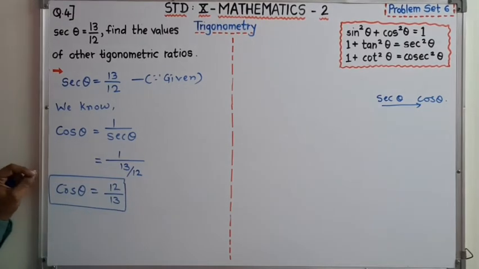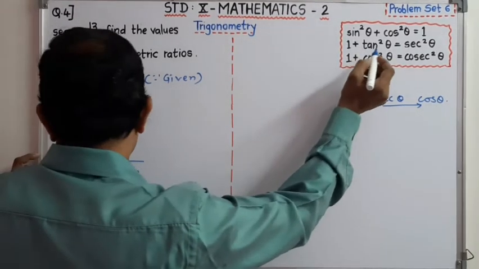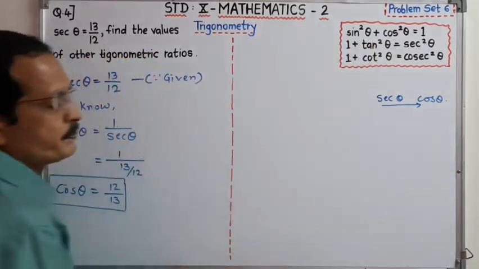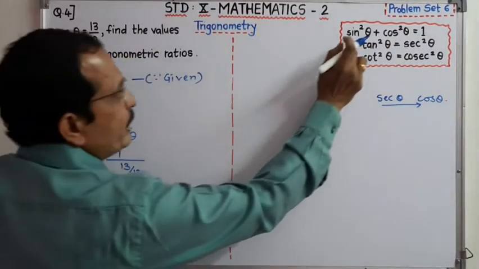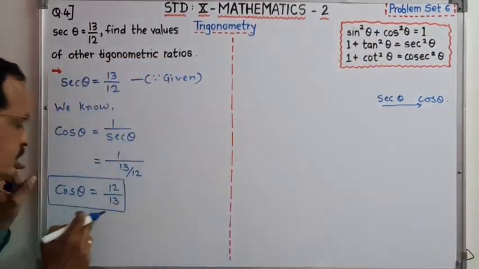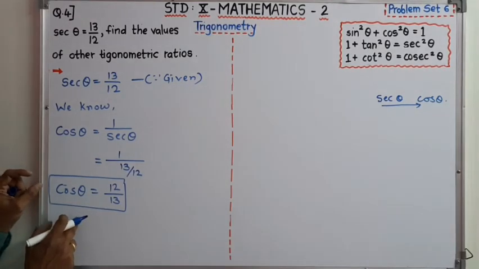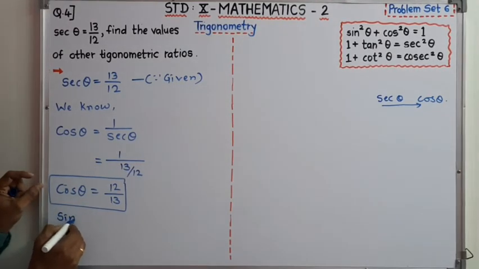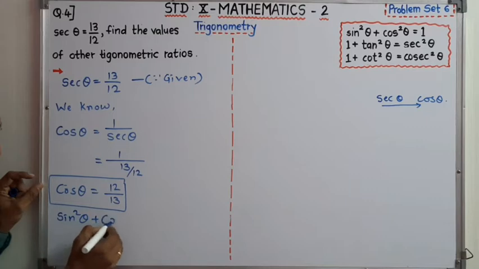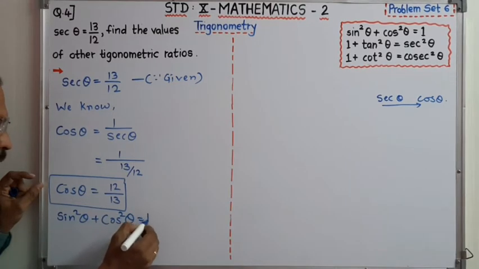Got it? Now see dear student, this we got cos theta. Now by using this identity, we can find out the sine theta. Therefore, sine square theta plus cos square theta is equal to 1